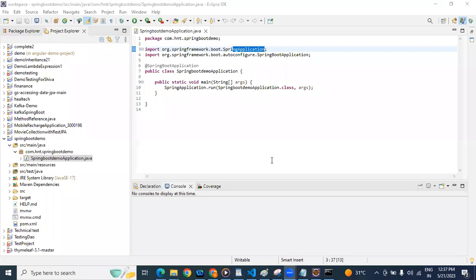One is @SpringBootApplication, and the second is SpringApplication.run. These are known as annotations. Whatever is written with an at-the-rate symbol is an annotation, so I will say the annotation @SpringBootApplication. Internally, it is using multiple